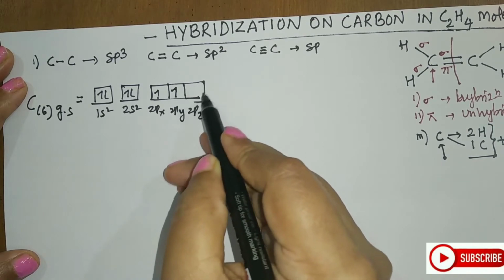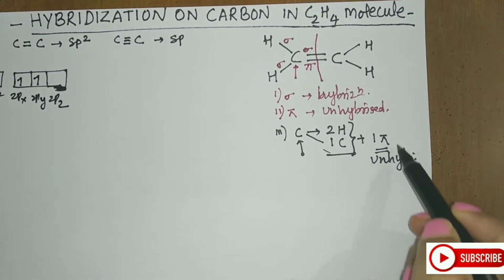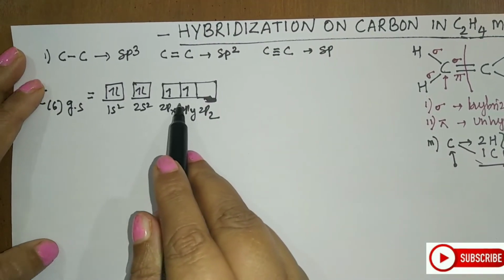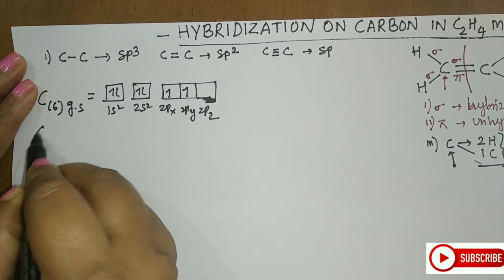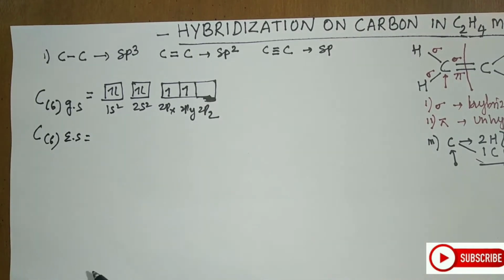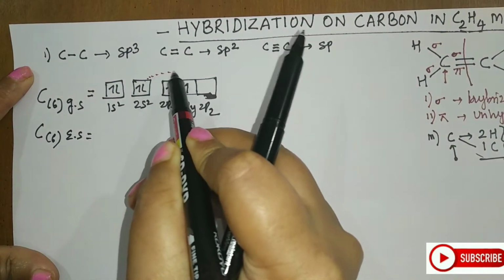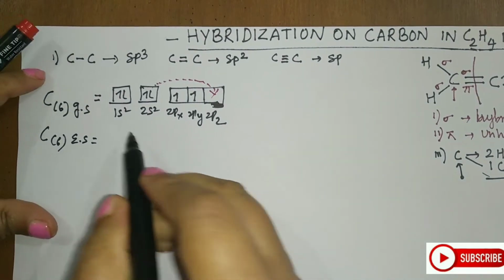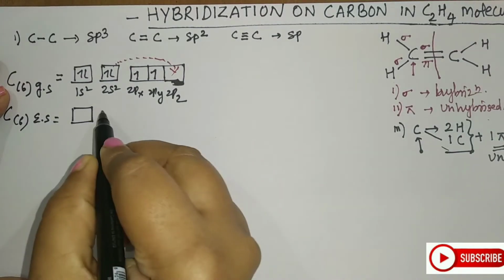So this is remaining vacant. Now how many electrons do I want, students? I want in all 4 electrons that should be unpaired. Here if you see, there are only 2 unpaired electrons and therefore excitation must be carried out. So carbon in its excited state: the electron I can excite is the 2s2 electron, from here to this vacant orbital. So let us show what the excited state will be. Here the excited state will be in this way.